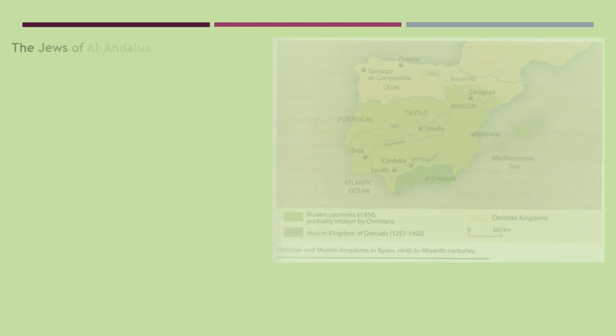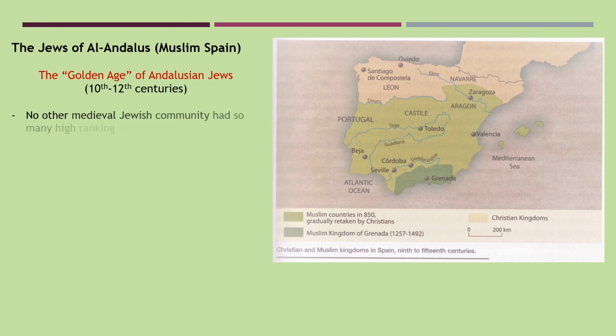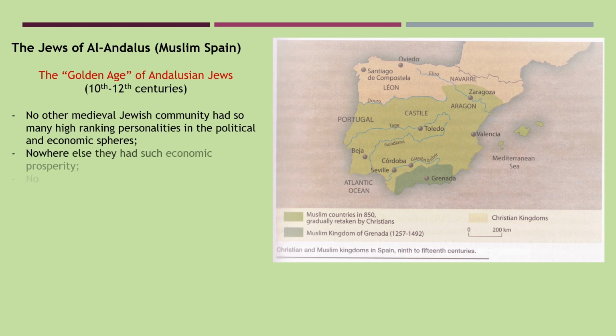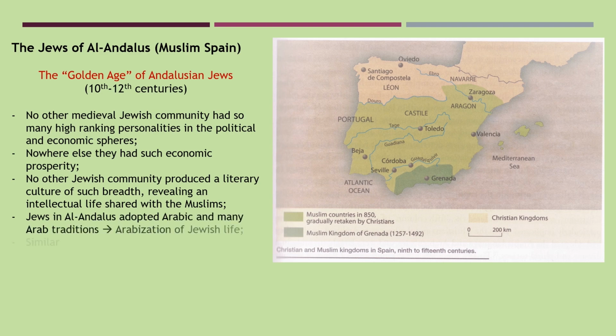Let us expand a bit more about the Jews from Muslim Spain, or Al-Andalus, as it was commonly known, the region under Islamic rule. We are focusing mainly between the 10th and the 12th centuries. This period of time is known as the Golden Age of Andalusian Jews. And this is because, in spite of the fact that there was some level of violence between the communities, as it happened in all medieval societies, violence was not what characterized the relations between the Jewish community and the Muslims